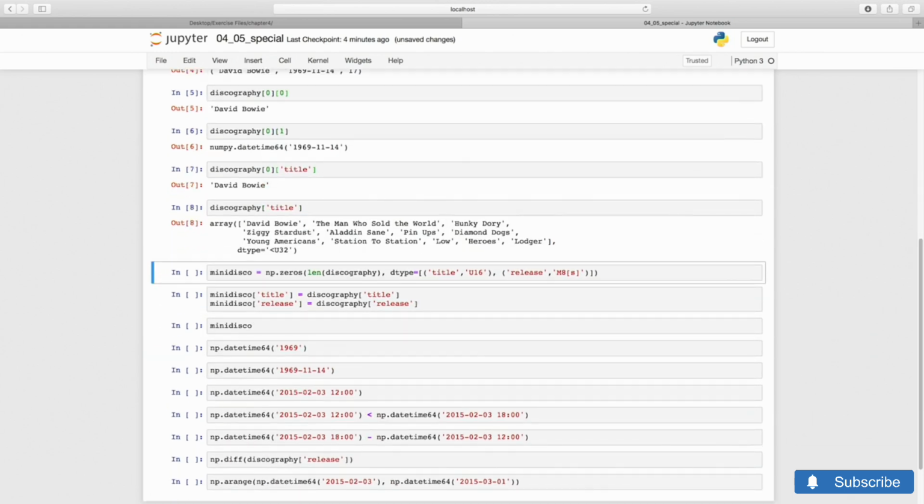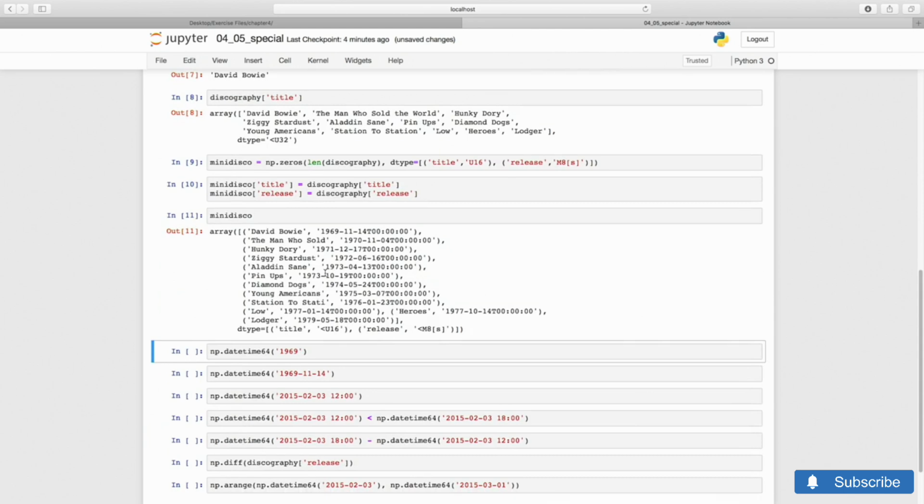To create a record array, you have to be a little careful in specifying the dtype. It's useful to go read about data type descriptors in the NumPy documentation. But let's try one. We specify a subset of the information we have in discography. Just the title and release date. This array is empty right now, but we can copy over the 2 columns.